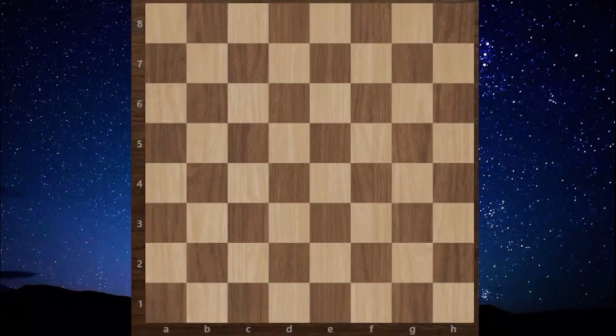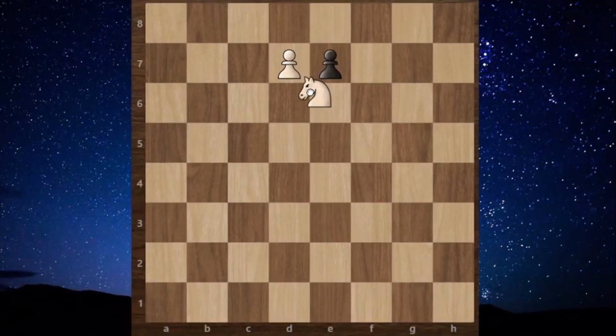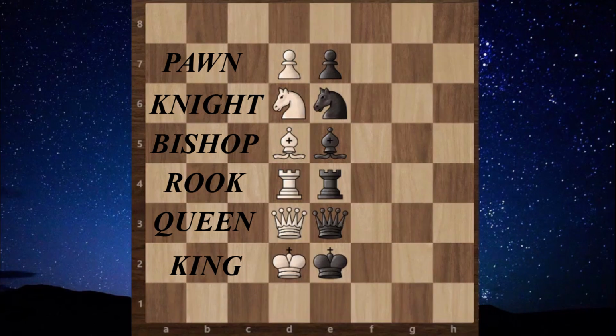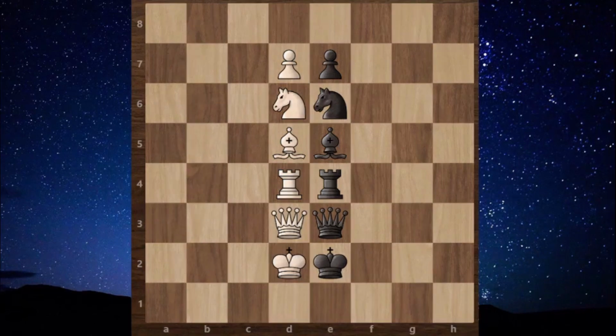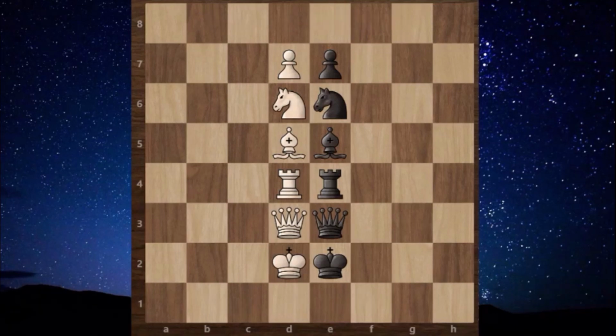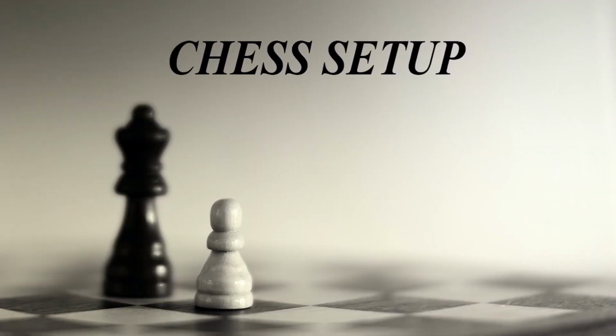Now we will see chess pieces. There are 6 different kinds of pieces: pawn, knight, bishop, rook, queen, and the king. The next step is placing the pieces in right order. For that, first select a particular side, that is white or black. You can do this by a simple toss. As well as in tournaments, side selection will be done according to tournament rules, and the white side player will make the first move.